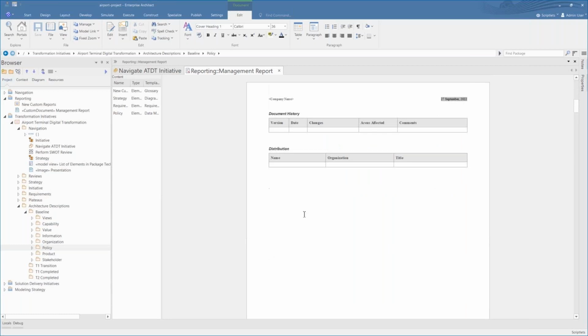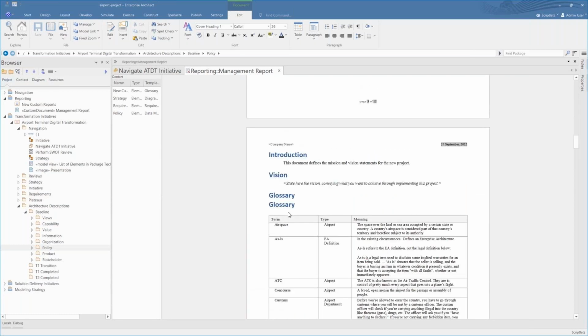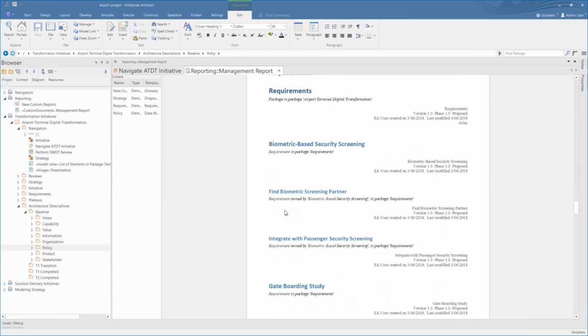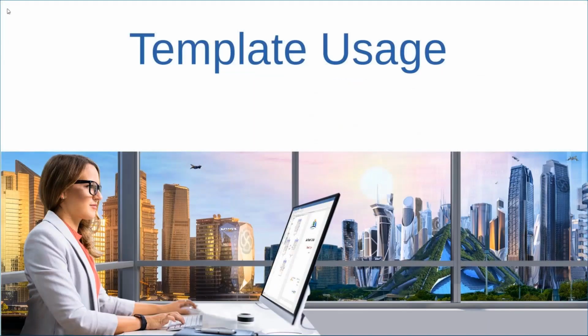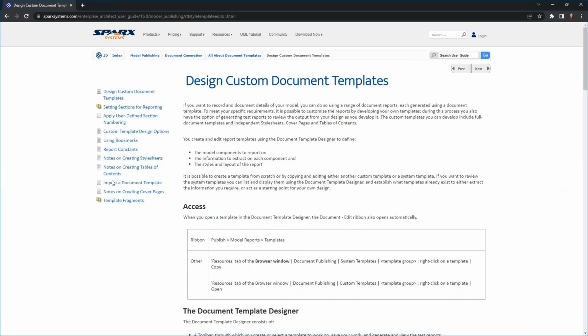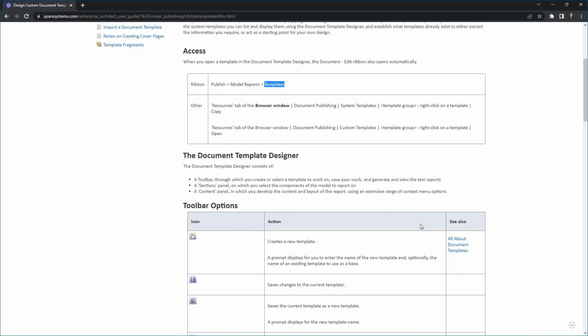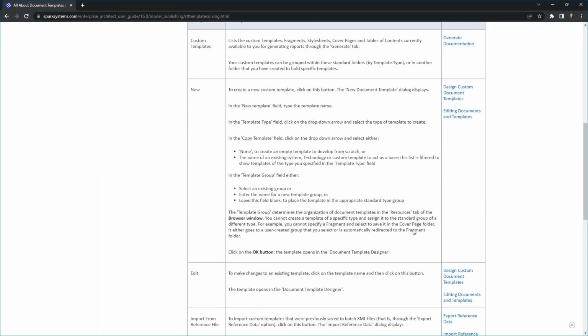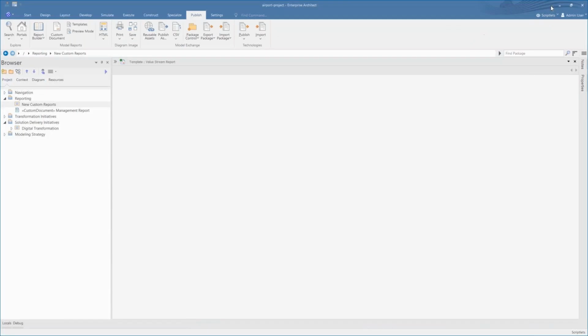So what I want to show is a report that in a traditional sense might have taken days or weeks to complete. When you have the content in Enterprise Architect, you can literally go through and create that report in a number of minutes. So it's really quite powerful, and the more time you spend in Enterprise Architect, the more time saving and the more your modeling efforts are rewarded. And you can produce reports in a very, very quick period of time using pre-built templates. And of course, you can create your own templates yourself.